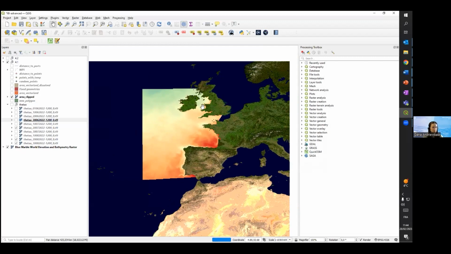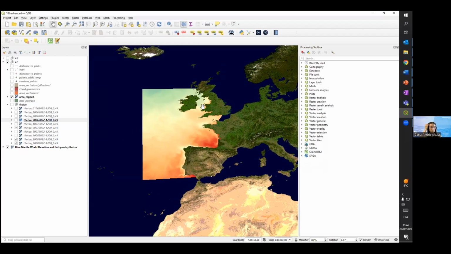So next, we want to see the evolution of our variable, seawater temperature, at some specific points in this region. Of course, you can do what we did before in the beginners tutorial, by creating a new point layer and placing points at any locations you're interested in. But if you don't have any particular interest, you can also use random points, which we wanted to